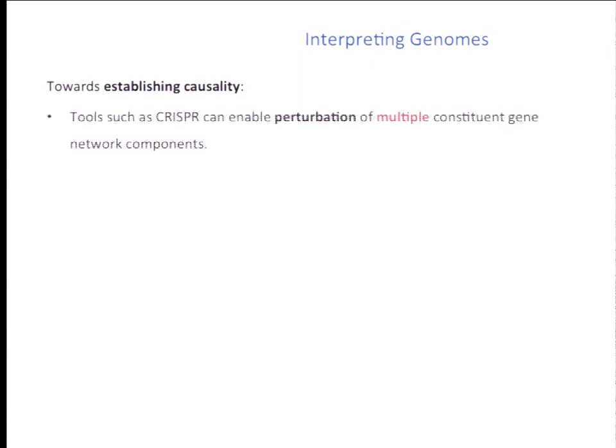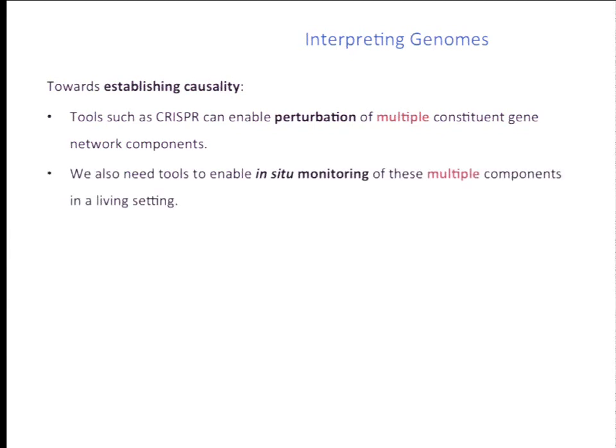So in this quest of moving from reading genomes to interpreting genomes, I wanted to switch to a second project that I spent almost an equal amount of time working on, which is on the fact that while systems such as the Cas9 system can enable us to make multiple changes inside cells, we also need systems that enable us to have this sort of multiplex readout from cells. So can we make network level perturbations, but can we also have network level readout? So if we make multiple perturbations in a network, then we want to be able to also assay the consequences of what happened with this perturbation.